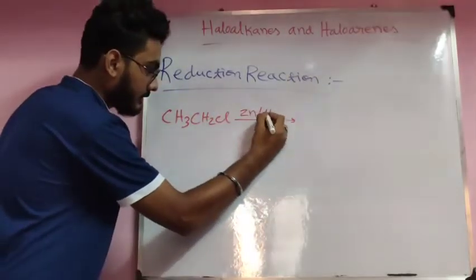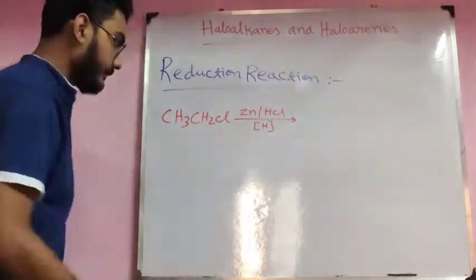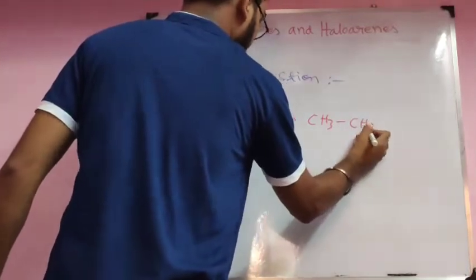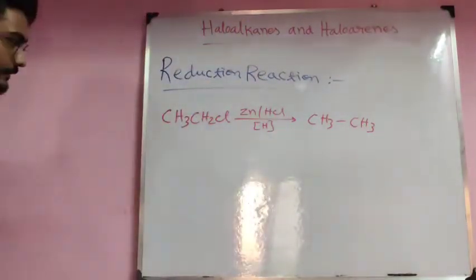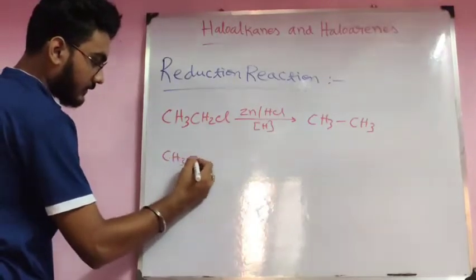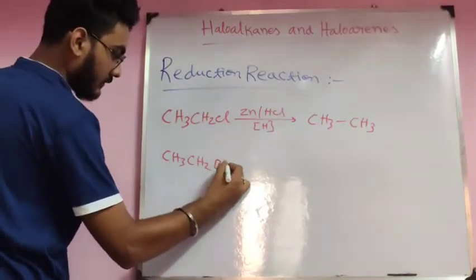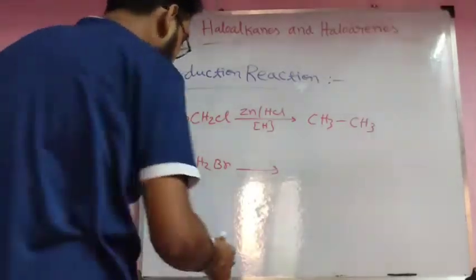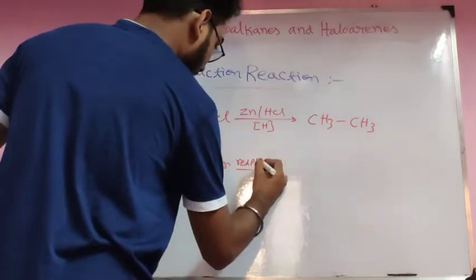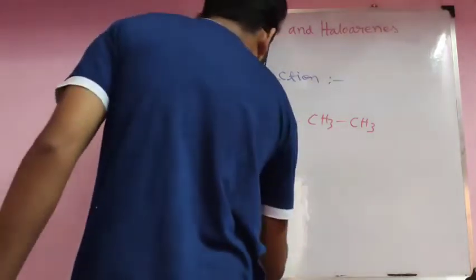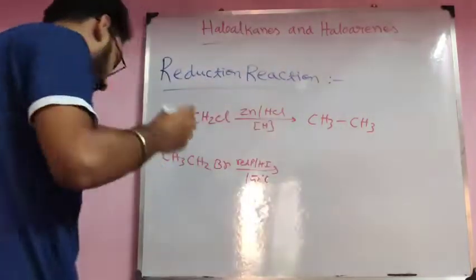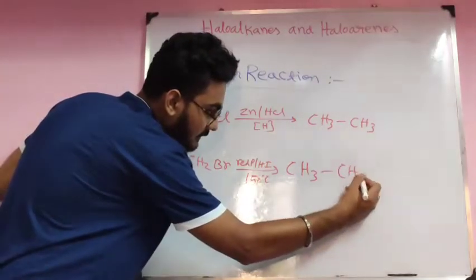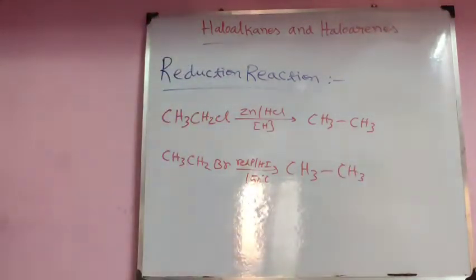The reducing agent is HCl, nascent hydrogen. Then the product will be ethane, CH3-CH3. Reduction means the reaction is reduced. With red P, HI at 150 degrees Celsius, this is also CH3-CH3. Okay. Next reaction is